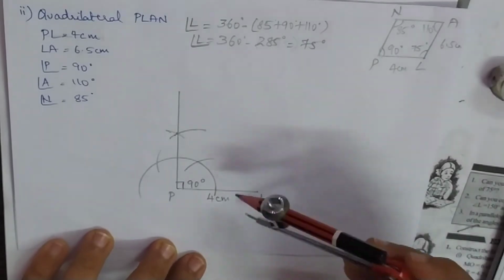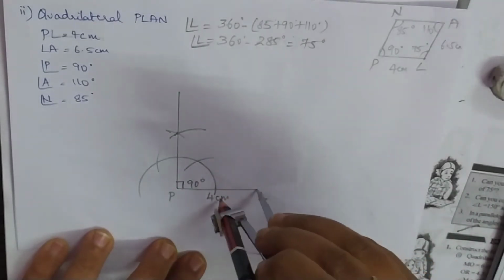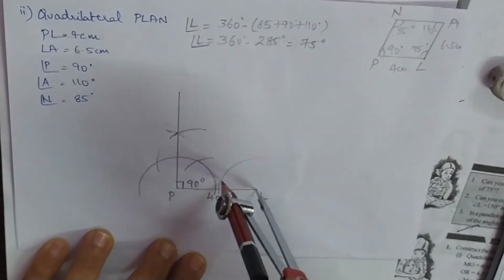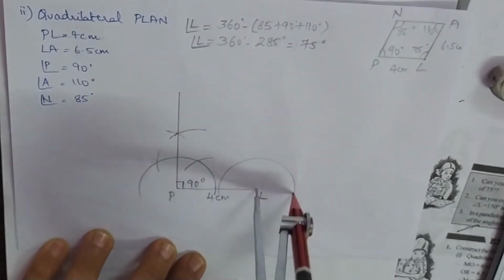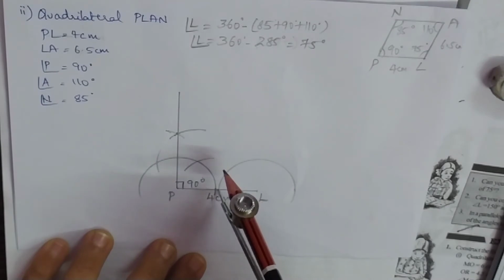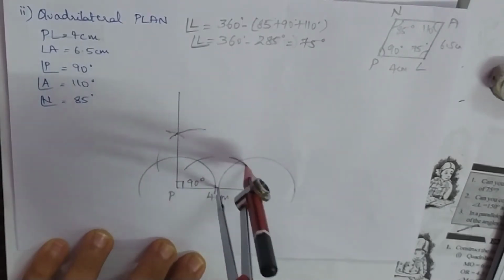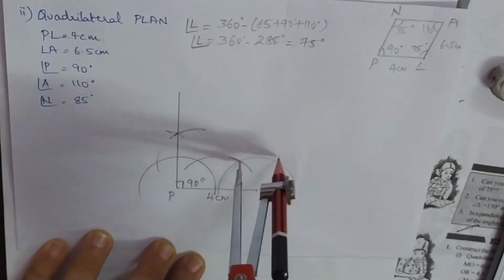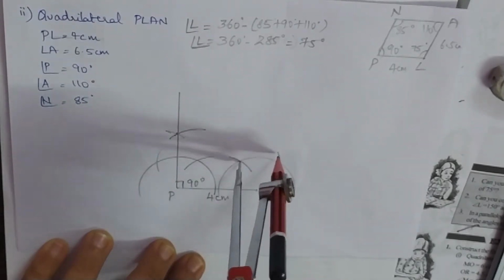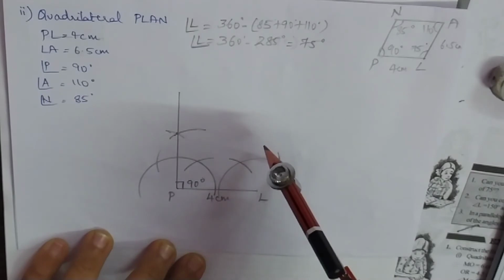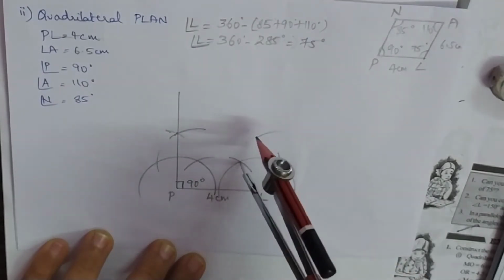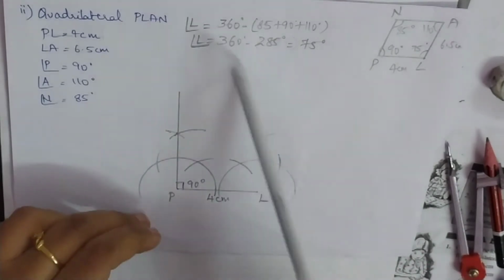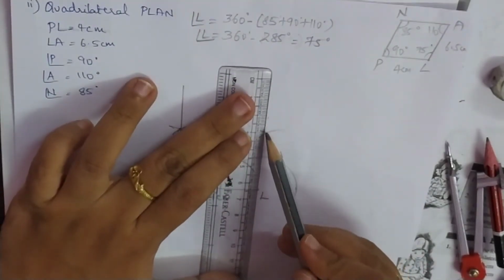So children, open your compass again. Open your compass randomly and draw a semicircular arc. Okay, and then with the same measurement, draw 2 arcs. The first arc represents 60 degrees. The second arc represents 120 degrees. Between them comes 90 degrees. For any measurement we do, we will first do 90 degrees, children. So this is 90 degrees. Now we wanted 75 degrees. So we will draw this line as a dotted line.